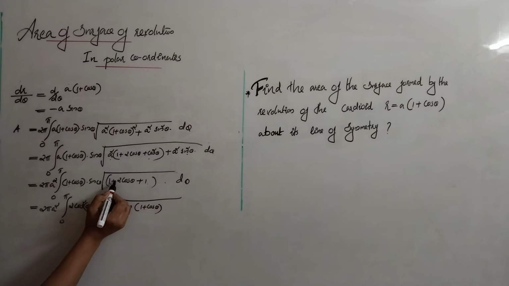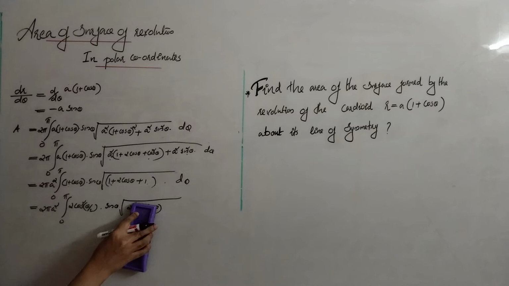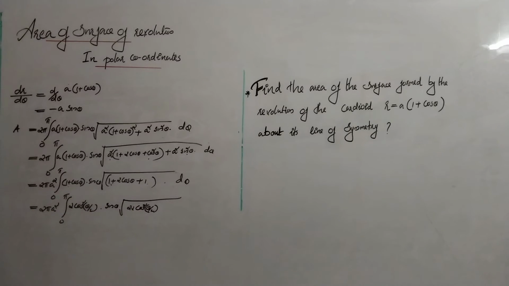1 plus 1, 2, 2 plus 2 cos theta, that is 2 into 1 plus cos theta. 1 plus cos theta is what? 2 cos square theta by 2 into d theta, is equal to 2 into 2, 4, 4 into 2, that is 8. 8 pi a square into 0 to pi